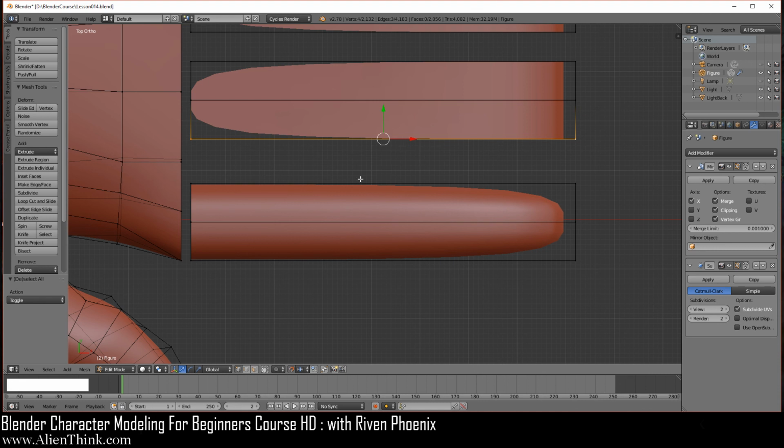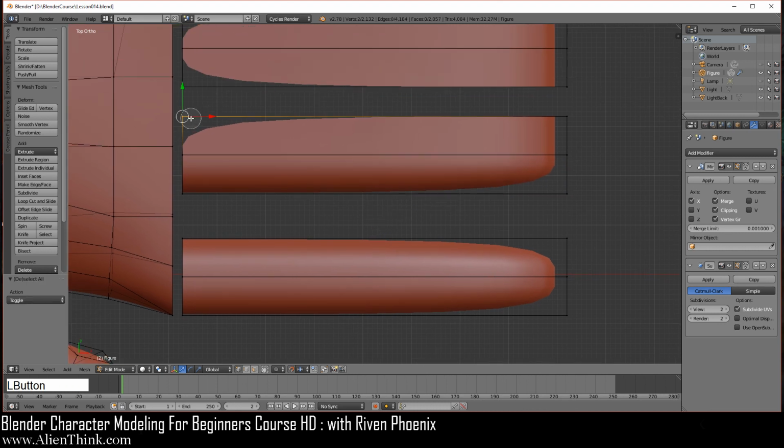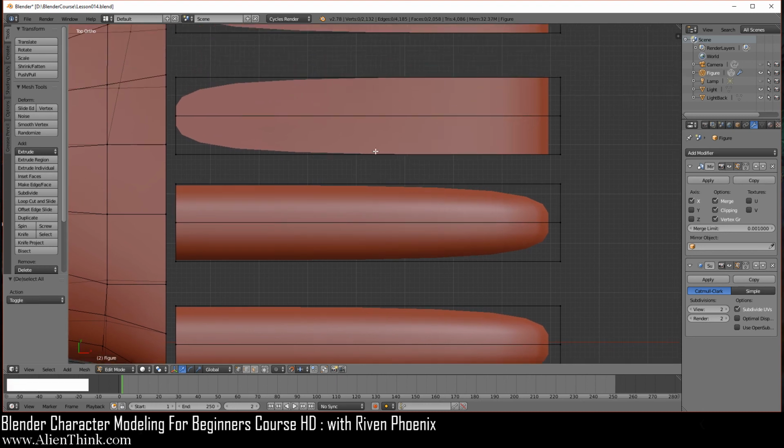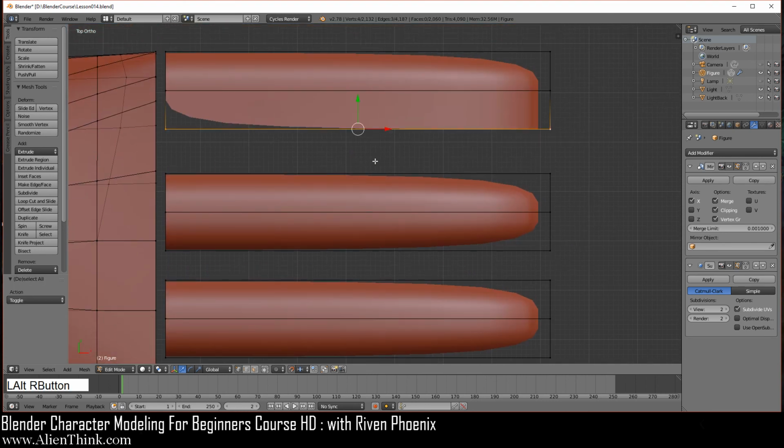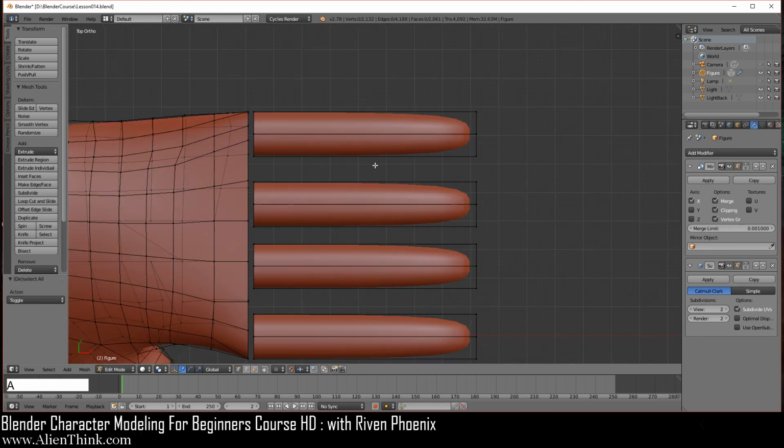Now again, you don't have to do exactly what I say, right? You can do the C key and you could have just done it this way too, right? And just do F, ADD select. So if I do the C key, select on this one, do F, it'll do the same thing. But this is faster, just do Alt and right click and do F, ADD select. The Alt right click here, F, ADD select. Alt right click here, F, and ADD select.